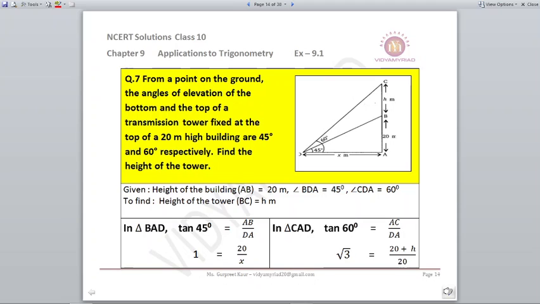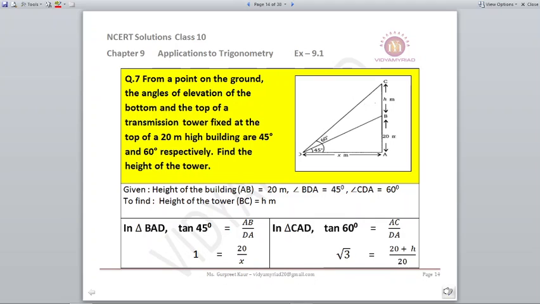Now if you look at the figure, it is divided into two parts. There is BA. What is BA? That is the height of the building. On the building there is a tower, that is BC, and we don't know its height, so let us assume it as H. Angles are given to us, 45 degrees and 60 degrees. Now remember that the mouth which is wider, more broad, will be a bigger angle, and the mouth which is closer will be a smaller angle. It is but obvious, so write down the angles properly.